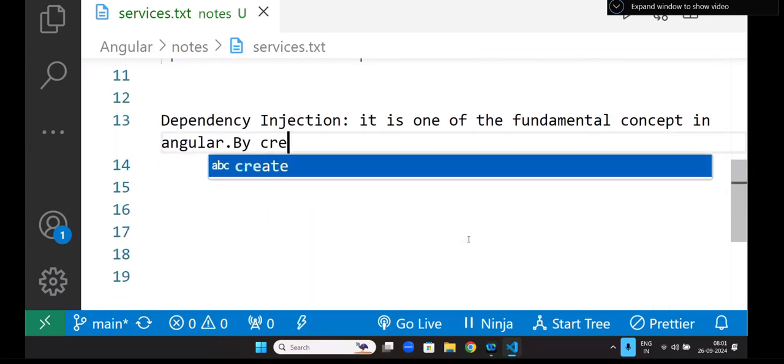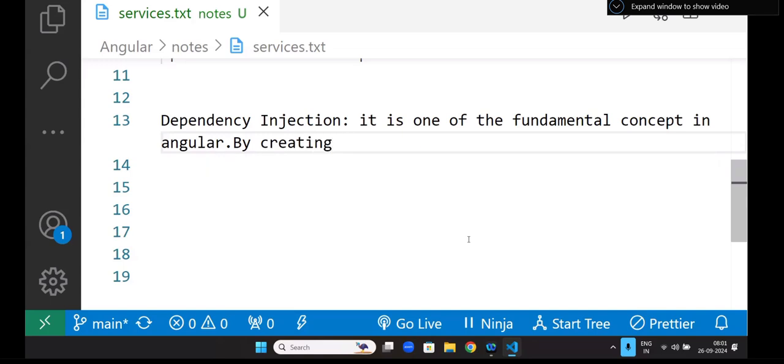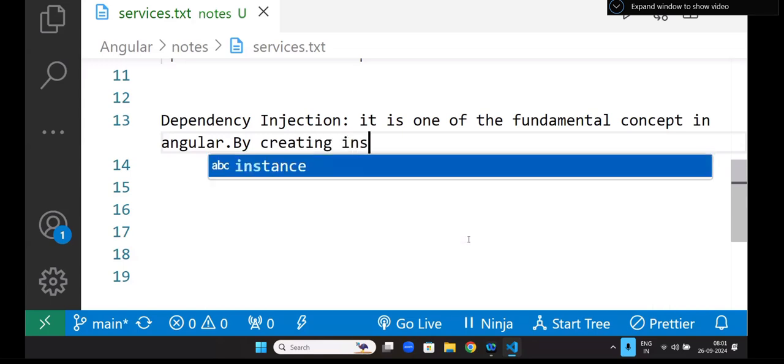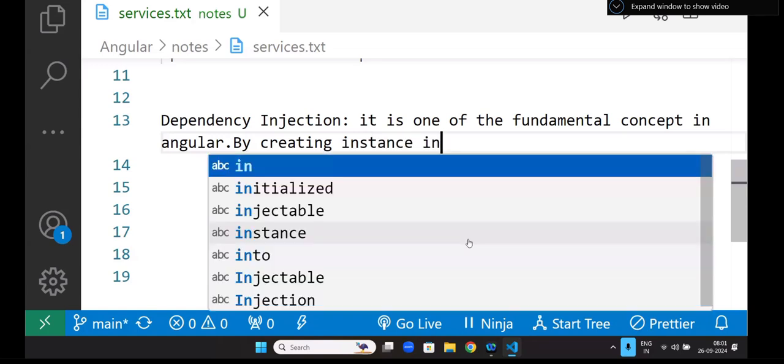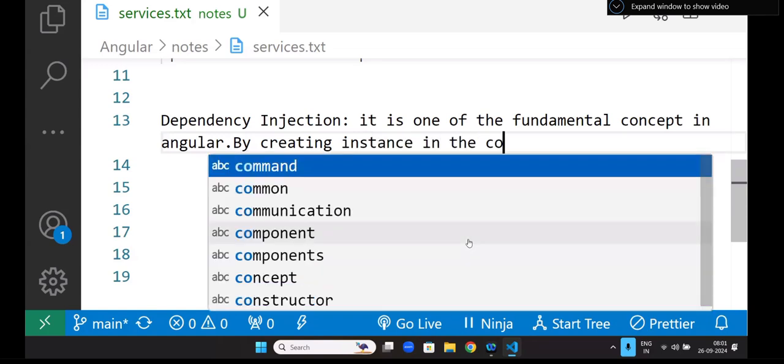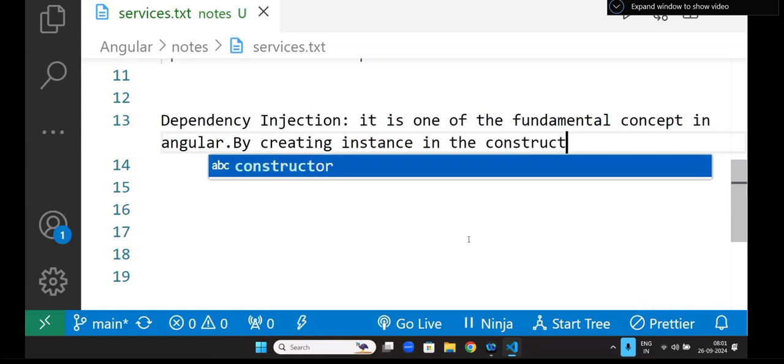By creating an instance in the constructor parameter,